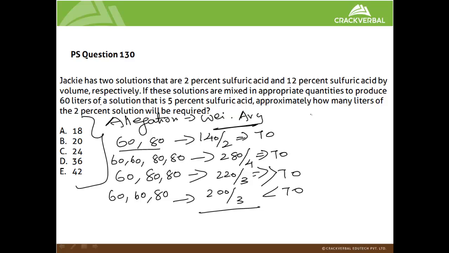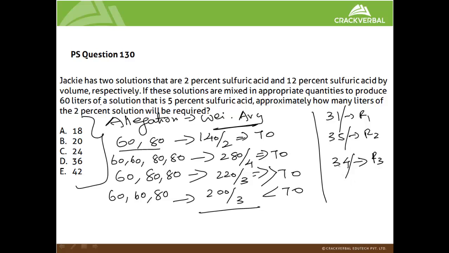Say, for example, there is rice, one quality of rice, R1, which costs 31 per kg, and there is another quality, R2, which is sold for, say, 35 per kg. Now you want to sell a new quality by mixing these two. You feel that this is rather too cheap and this is rather too costly. You want to mix both and sell a new quality, say R3, for say 34 per kg. So how much of R1 and R2 do we have to mix so that the cost also does not affect?